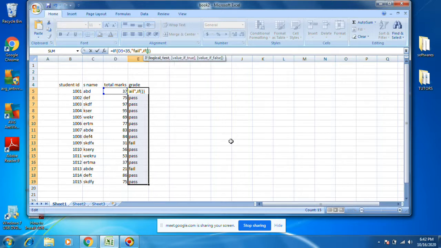In this D5, again capital D5, less than 60. Total marks, or marks percentage, whatever it may be. Total marks less than 60, then if it is true, then pass, and else we want to give some grade.